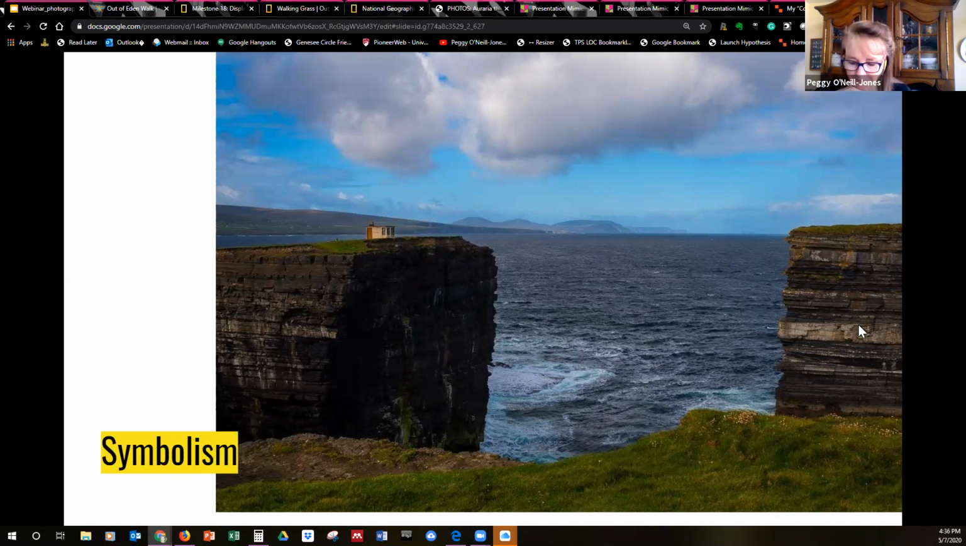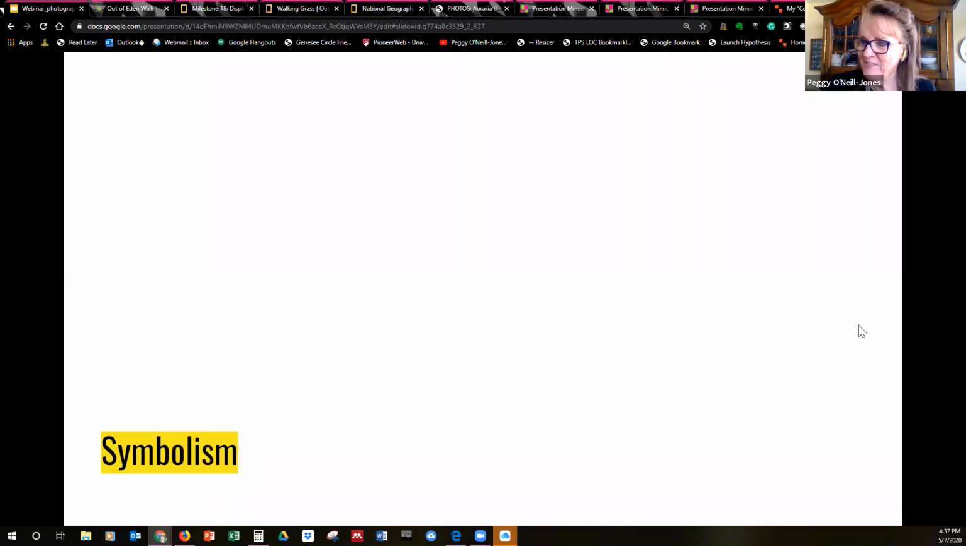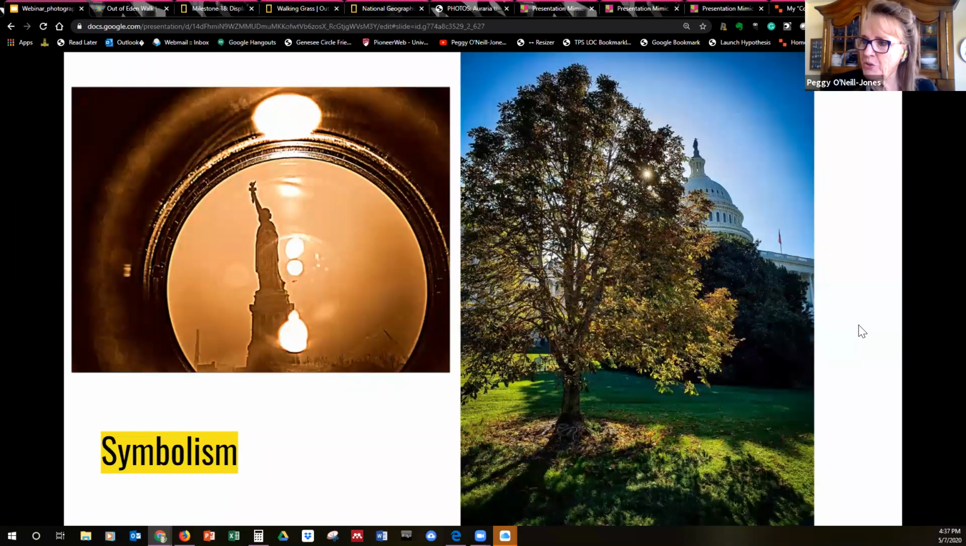This is an outpost on the Western Irish coast. During World War II, it was actually the lookout for ships. But the symbolism of isolation or aloneness. And these two, the one on the left, the Statue of Liberty, I was staying in a hotel